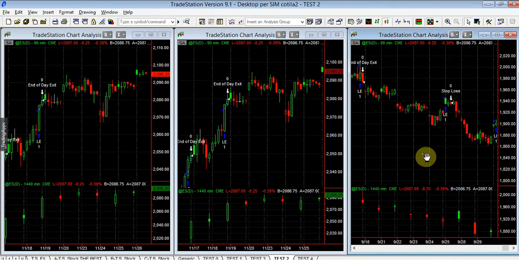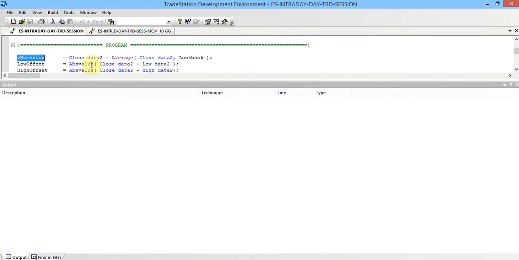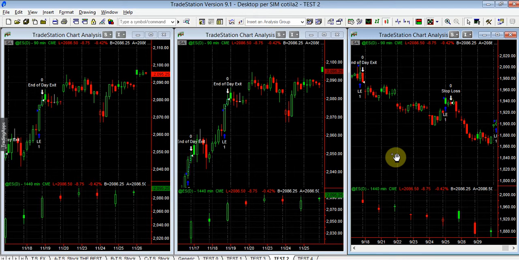The system is a basic breakout system, which goes only long when the close of the last bar of data 2 is breaking a certain level. It's the typical logic of a breakout system, and we apply even a filter over these signals, such as a momentum filter, which compares the close of data 2 with the average of the last n bars. That's the basic idea. To do that,